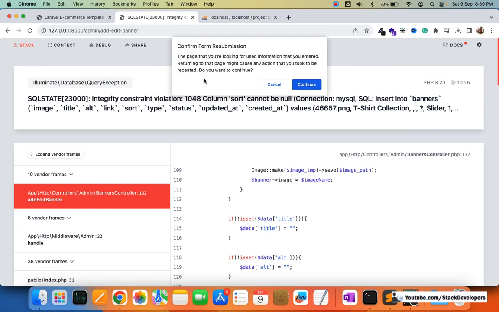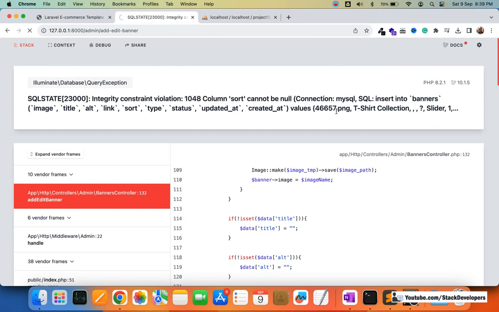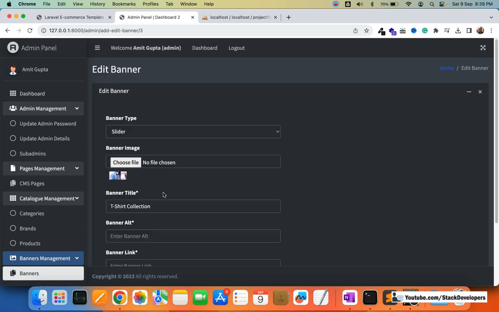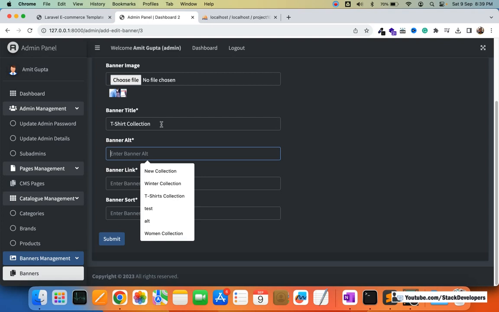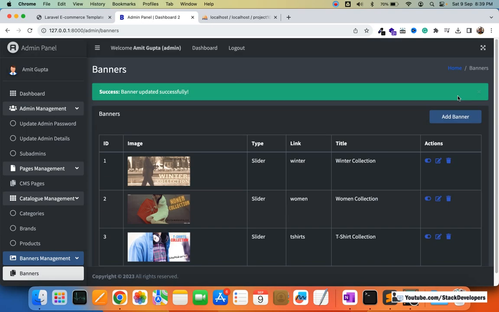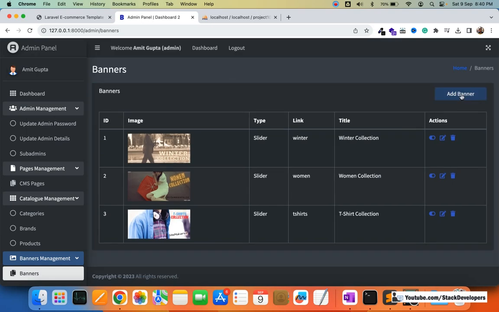Command Shift R, continue. Yeah, this time we are able to add. So see, all three slider banners have been added here. Okay, I'm going to add the link here as well. I'm just testing it. Okay, so it's fine. I'm going to add the link as well. T-shirt, I'm going to make it 3 like this. Okay, so it's fine. And now I'm going to add the fixed banner,